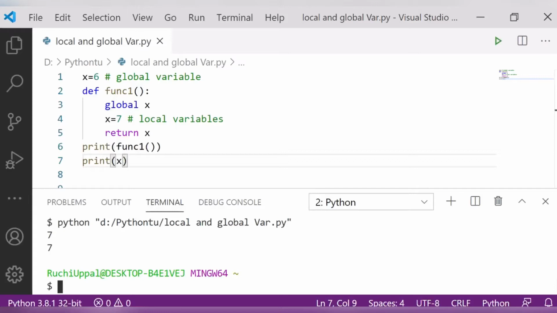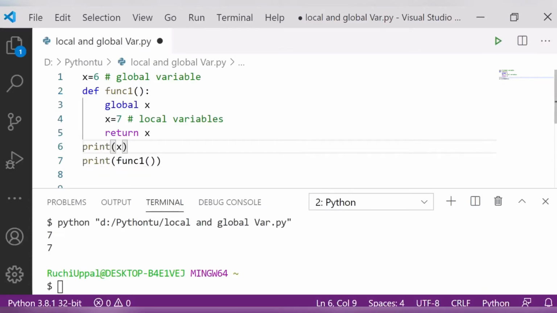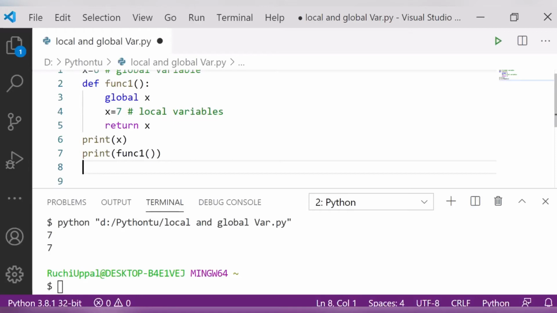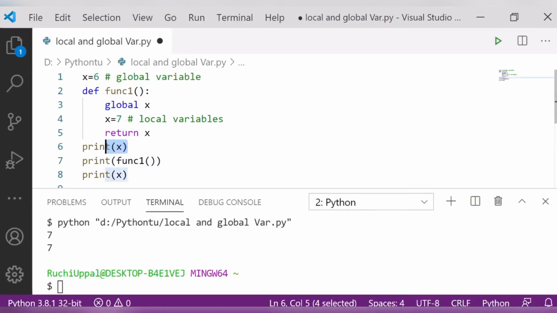Clear? After that, just suppose you want to call this function first, look at the change I am making. I am calling one function here, pasting it, and again calling this function. Now first the value 6 will come, then 7.